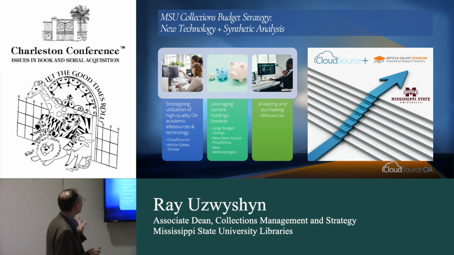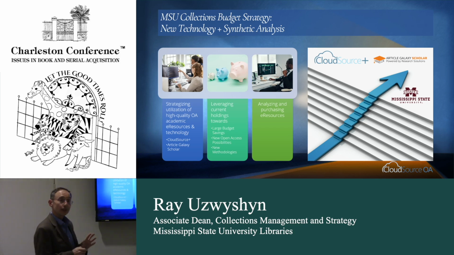So we're using this new technology as part of MSU's budgetary collection strategy. We're using very new technology in terms of CloudSource Plus and Article Galaxy Scholar, and a synthetic analysis that we're carrying out in terms of our strategy for high quality, open access, academic e-resources and technology. Really what we're trying to do is leverage our current holdings towards larger budgetary savings. That's really a major component of this in terms of using the OA